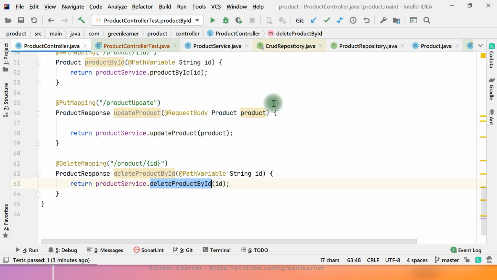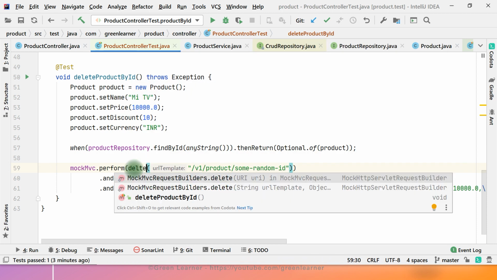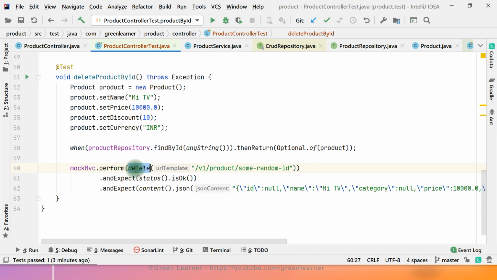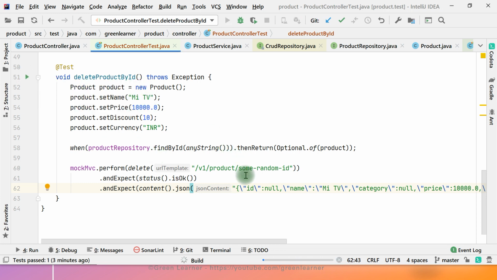What is the complete endpoint? Delete product by id. Yeah, the endpoint name is the same, but now I have to change this to delete. So the method type is changed, and the name of the endpoint is the same here. Whatever random ID I give, I am going to get this product here. So it is going to give me a response here. Now this response is not going to be returned. There is going to be something different. We are going to see that and we will change this part here.